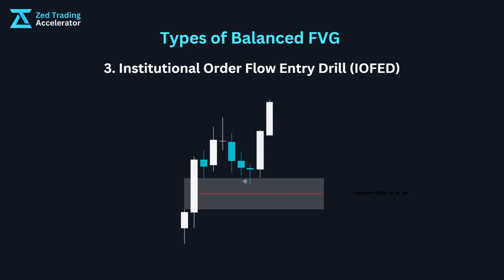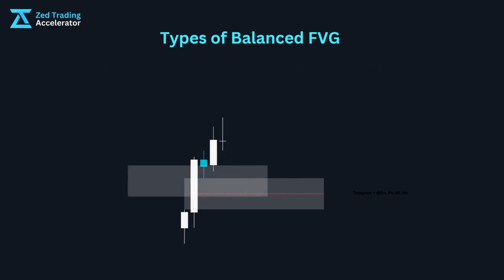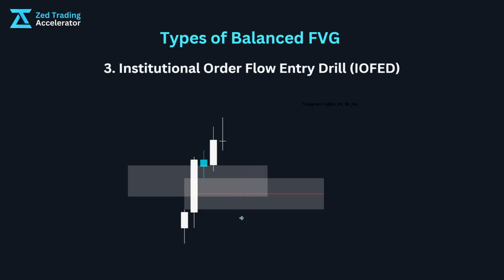So this is how we are going to anticipate that. As we can see right here, we have an order block right here. This one, let's say it's an order block or a breaker block. This is our first line of defense. As you can see, it's just above the fair value gap. Of course, the price will respect the first line of defense first, which is our order block.